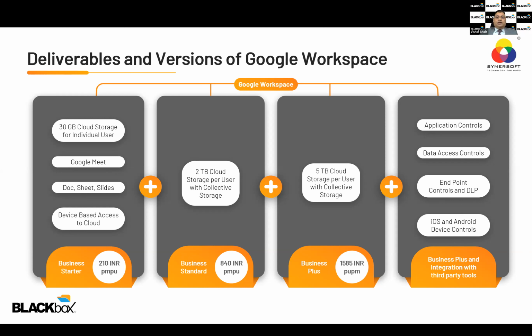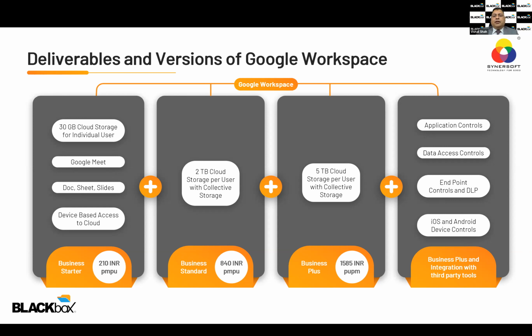Then antivirus, of course, is required by 27%. IT policy is required by 40%. DLP and endpoint 33%, Google Meet 57%, and iOS and device control 23%. So if we look at this particular poll, I would say 90% of the people will require the first version of Google and the second version of Google, and maybe there are many other requirements which are not fulfilled by Google for a smaller organization. You have to be more than 250 users for that.